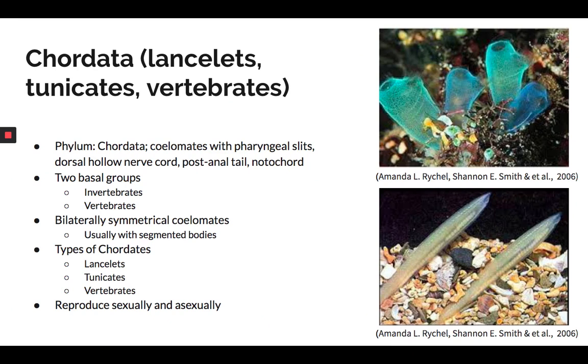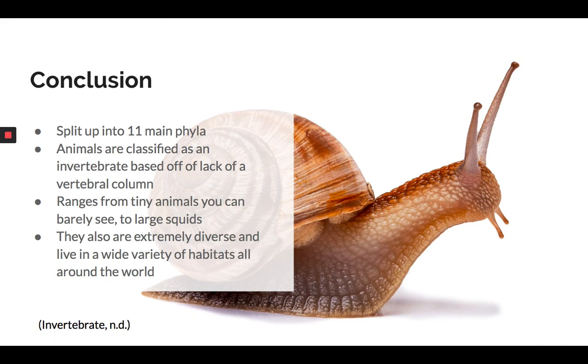The phylum Chordata contains two basal groups of invertebrates and all vertebrates. They are bilaterally symmetrical coelomates and usually have segmented bodies. Different types of chordates include lancelets, tunicates, and vertebrates, all of which go into more detail in Chapter 34. The phylum reproduces sexually and asexually. Overall, the